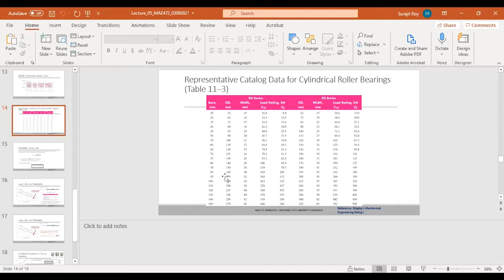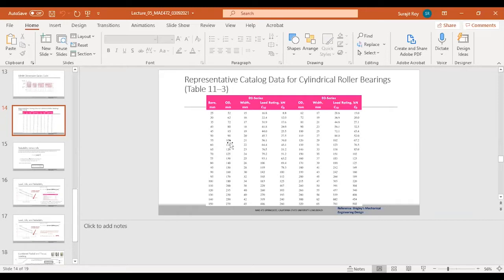The 55 millimeter. Yeah, I would say that one. 55 millimeters. Now remember, this is 02 series. We will come back to what the series means. But this 02 series basically means it has a bore dia of 55 millimeters, right? That is what you would select, or maybe 60, maybe 65, anything above 55 will do. Are you guys with me, everybody? Yeah, that's correct. Now that 55 millimeter bore dia has an outside diameter of 100 millimeters. Are you seeing that part as well? Yes.